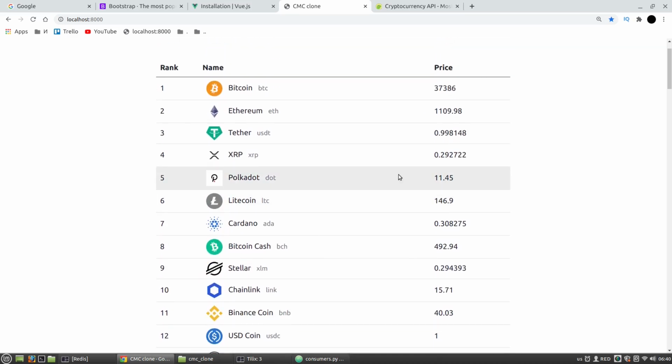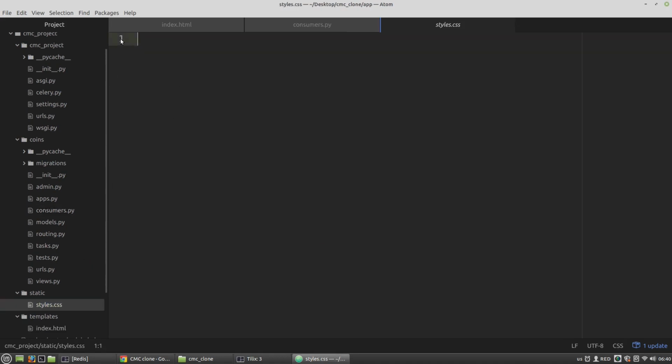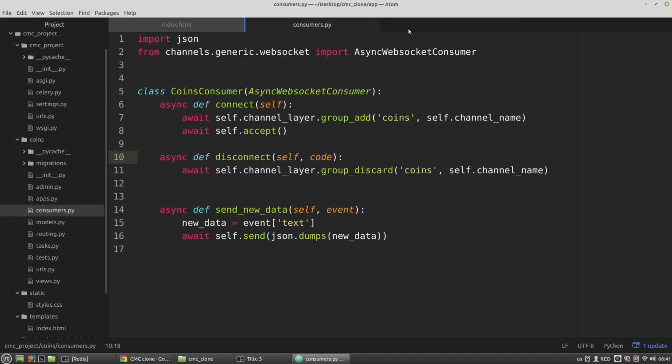And the last thing I want to do, I want to highlight the price with red if it falls and with green if it raises. And so in the styles CSS file, I want to delete this, and let's create new CSS classes. The fall will have the color red, and the raise will color lime green. Fall, raise. And the price cell, this one,